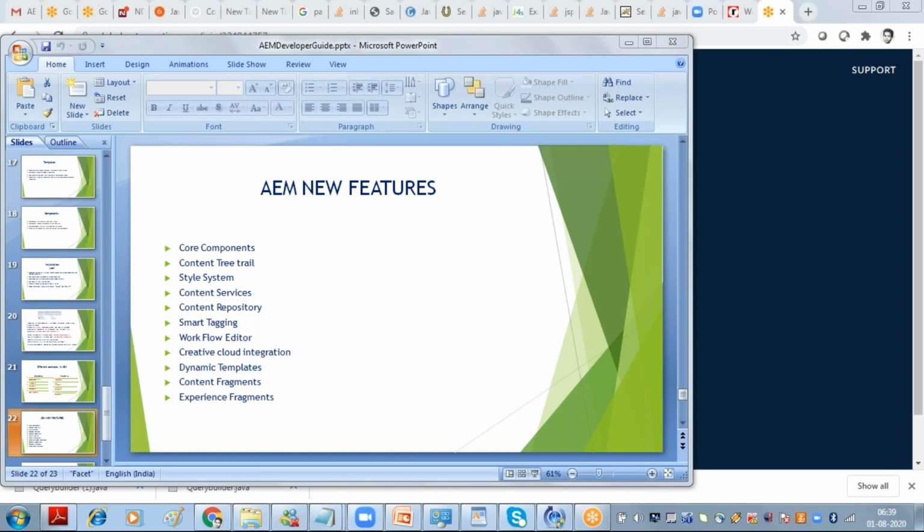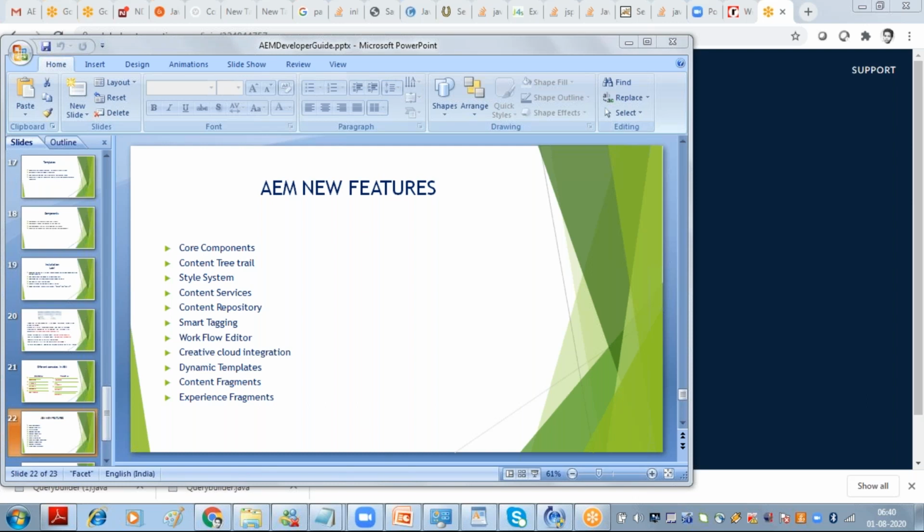Let's say you developed one component for your project, and you think that this particular component can be used in multiple projects by developers. You can commit that component into the Adobe GitHub, and Adobe people will verify it, and if they find it really suitable for other projects, they will put it in the GitHub and anyone can download and use it. So core components are another set of components introduced recently.